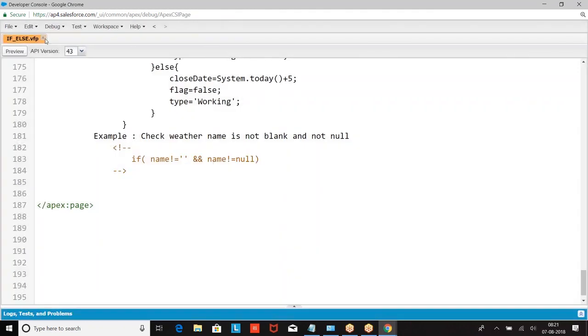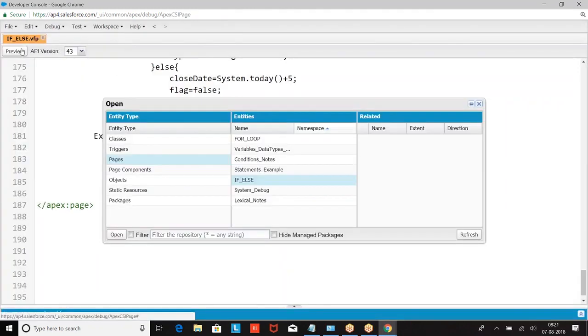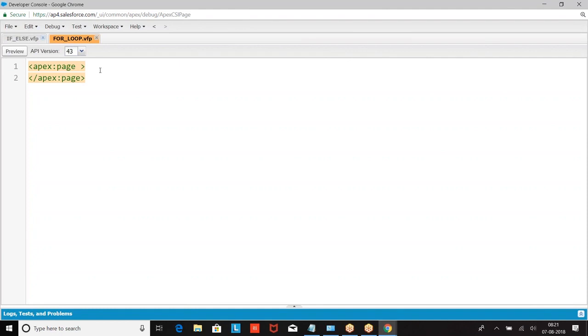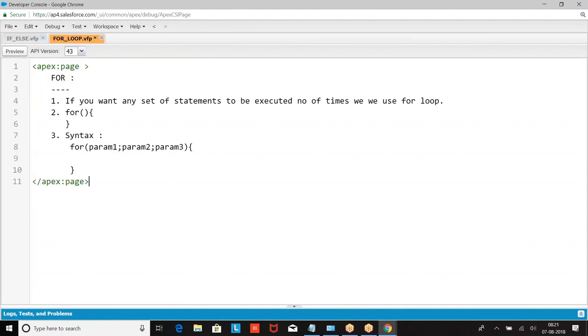That is called initialization. We call it the initial value. So initialization is called param 1, parameter 1. Param 1 will specify the initial value of the count.